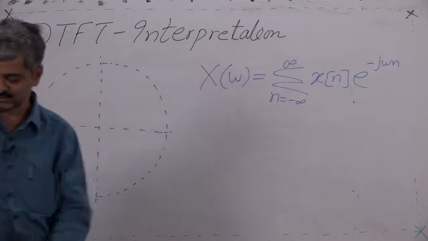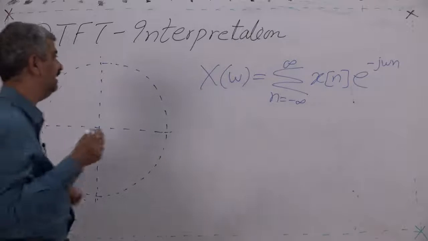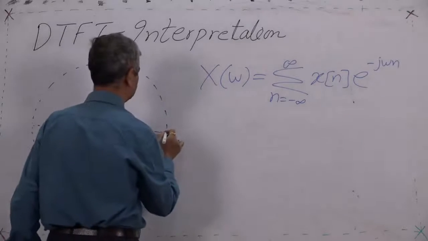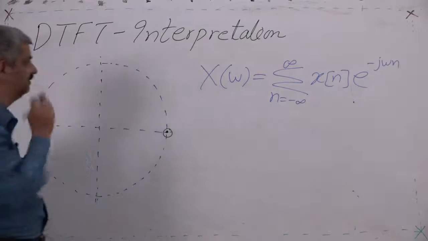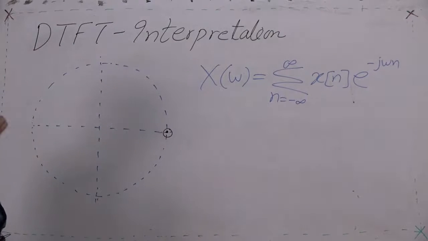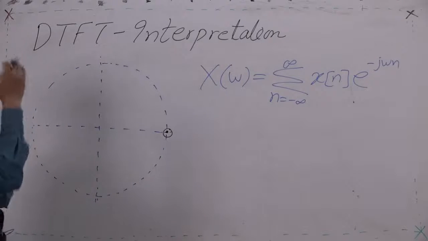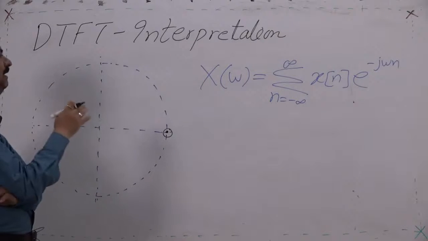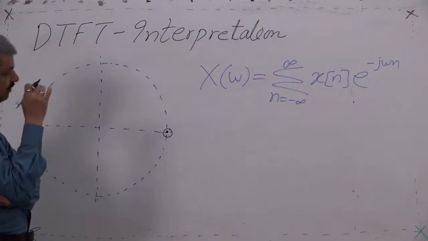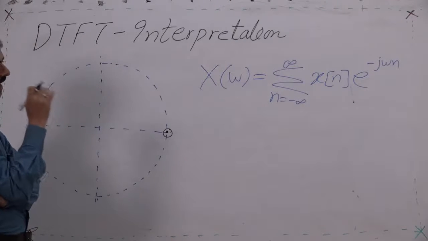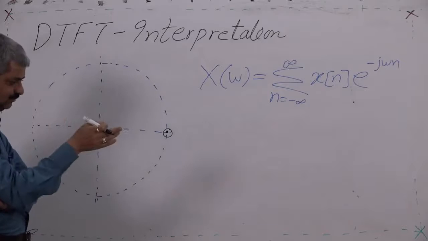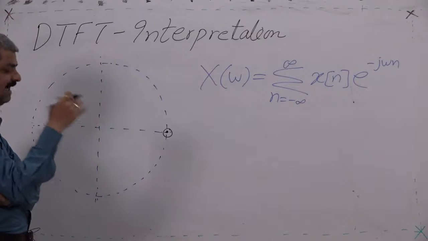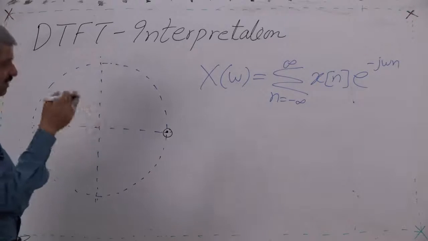So at n equal to 0, what is the situation? e raised to minus j omega n is this point. For any omega, omega is from minus pi to pi, omega can take any value. So e raised to minus j omega n will be a point on the unit circle at an angle omega n. So for given omega, as n changes,